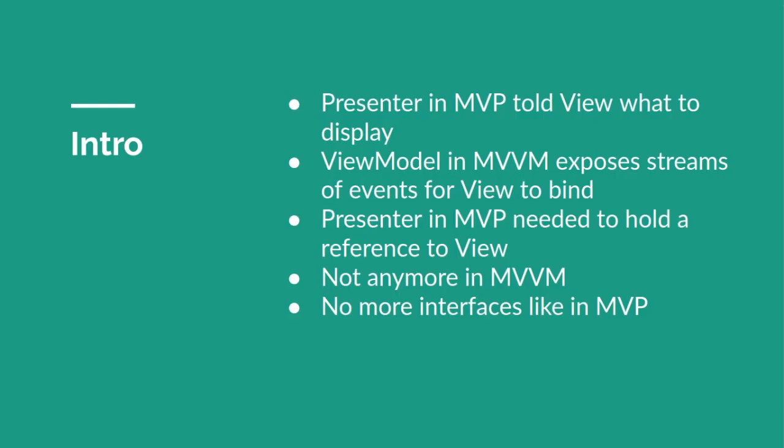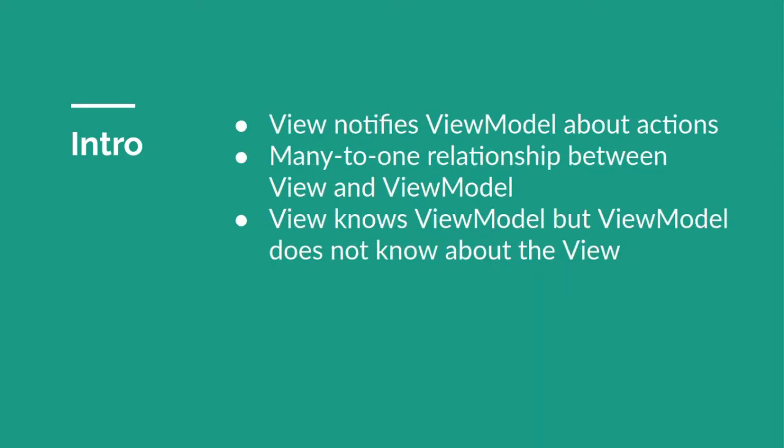If the MVP pattern meant that the presenter was telling the view directly what to do, in MVVM, the view model exposes a stream of events to which views can bind. Like this, the view model does not need to hold a reference to the view anymore like the presenter did. This also means that all the interfaces that MVP requires are now dropped. Here the view also notifies the view model about different user actions. Thus the MVVM pattern supports two-way data binding between view and view model, and there is a many-to-one relationship between